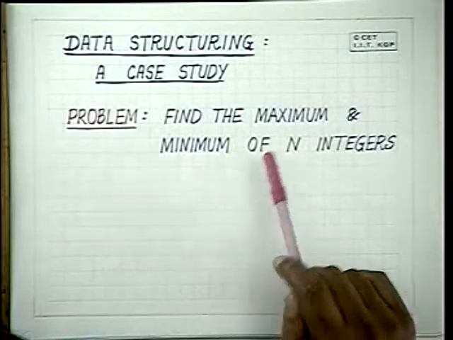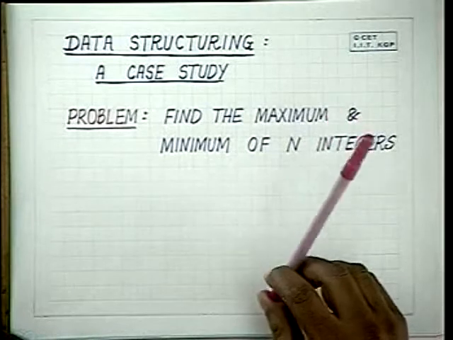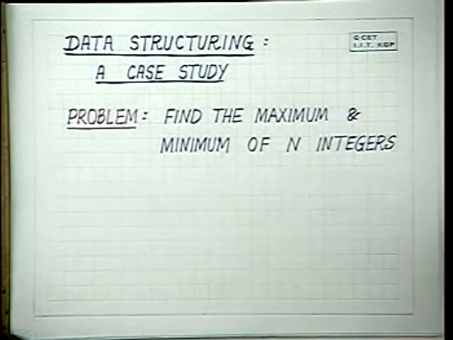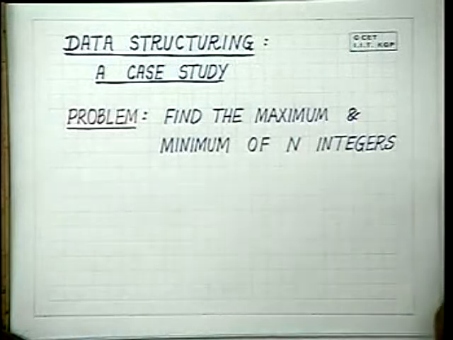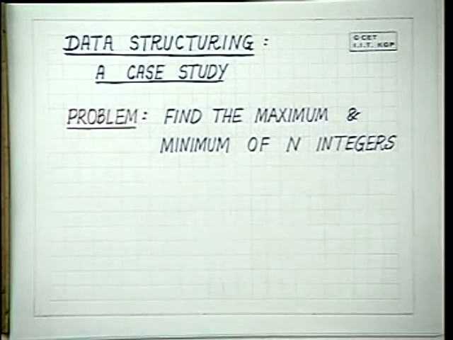We shall see what that program turns out to be, and then we shall see whether analyzing it from a previous stage, from what we call the initial solution to a problem, and generating other possibilities will lead to a better solution or not. So we will go through this case study today to find the maximum and minimum of n numbers. Let us first see how a program to find the maximum of n numbers looks, and how anybody would very easily modify that program to find the maximum and minimum of n numbers. So let's go back and see how it works.